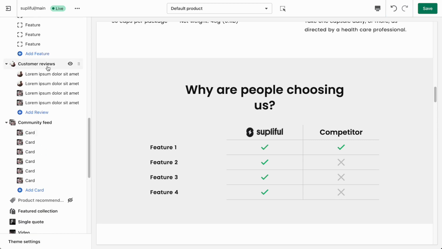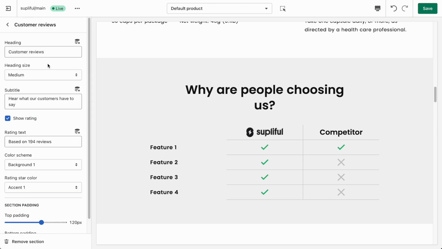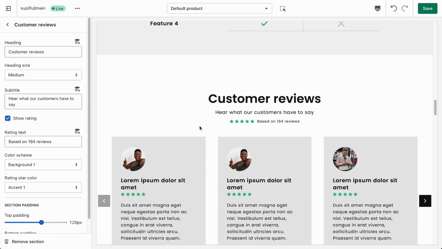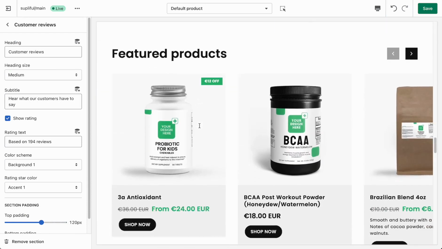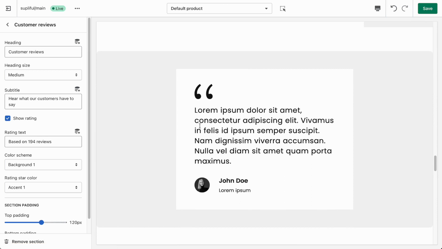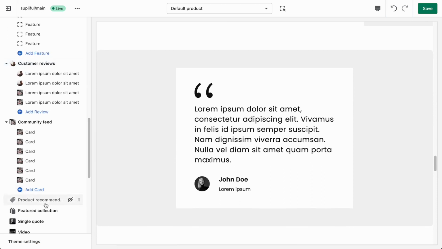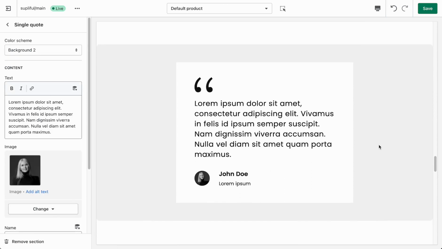So then we have customer reviews and community feed sections, which you already saw on the homepage. And below them, you will see a single quote section. This is the perfect section if you have an influencer or expert endorsement or one featured testimonial which you would like to showcase. It works best if the testimonial is given by a known individual or company, as it